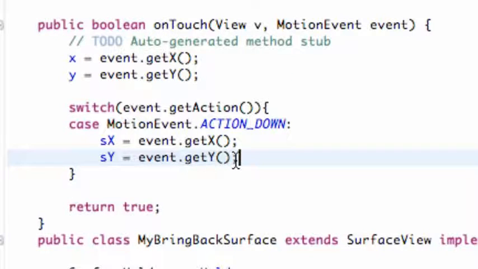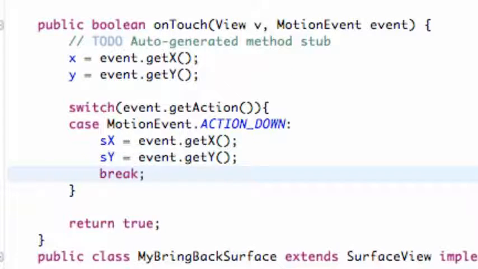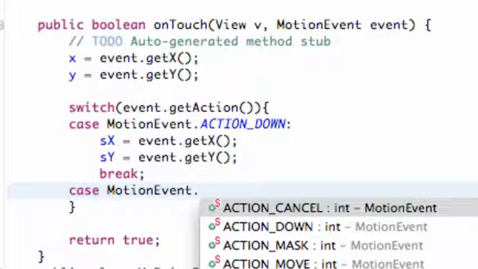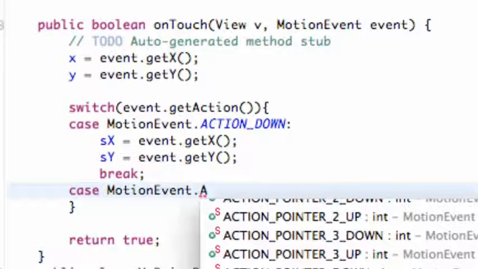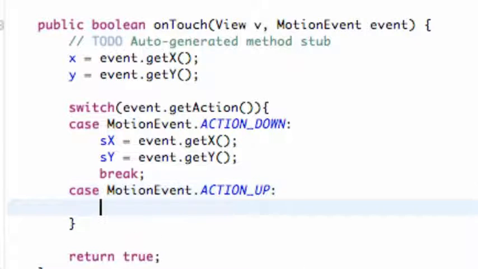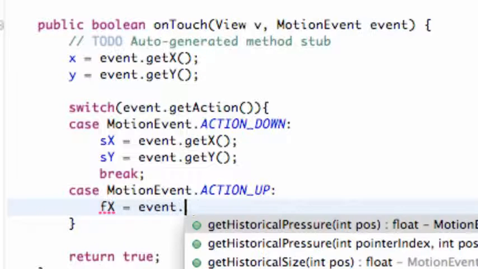and there we go. And then all we have to do is say break here, and then we're going to set up our other case, which is going to be the release. So we're going to say MotionEvent.ACTION_UP. So type that out, and that's when we're going to let our finger off of the screen, and then we're going to set up our final X, and this is going to be again event.getX,